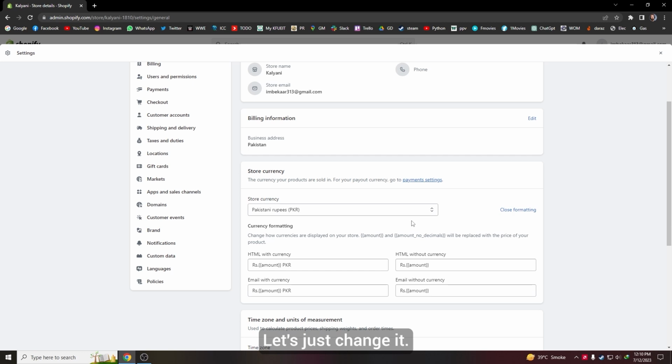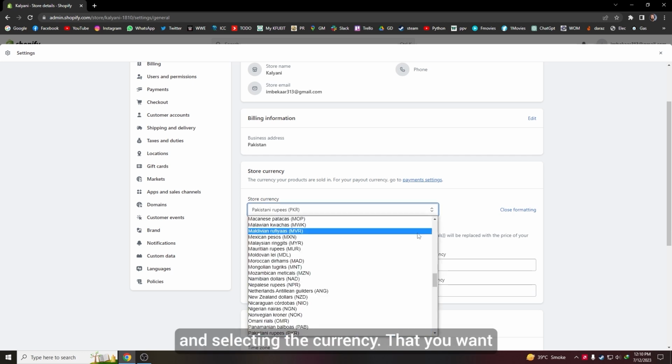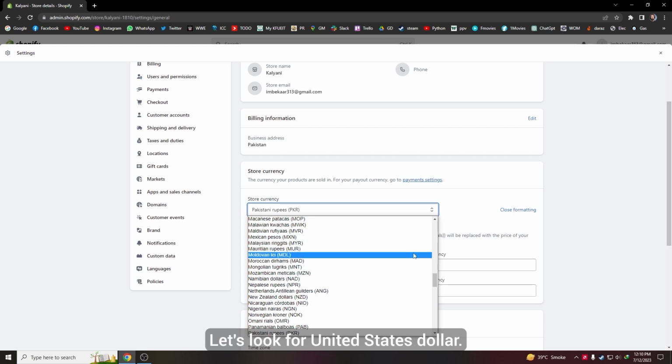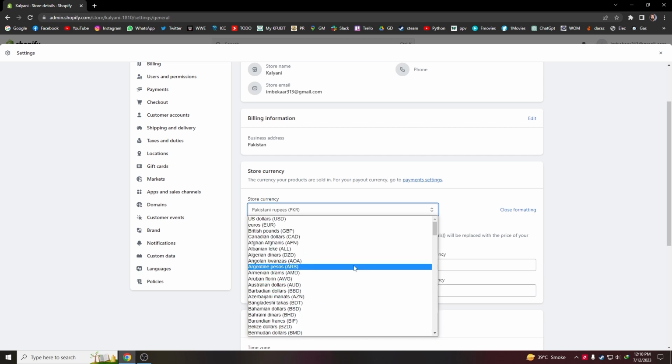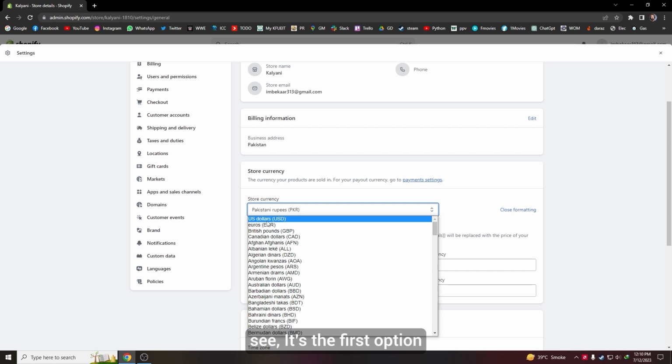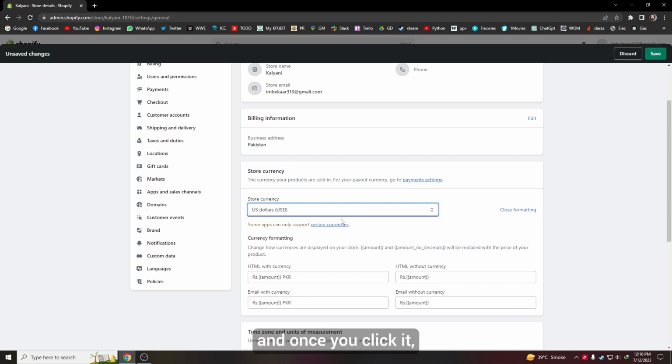So let's just change it. You can do that by clicking on these arrows and selecting the currency that you want. Let's look for United States dollar. As you can see, it is the first option, and once you click it, it will automatically change all the